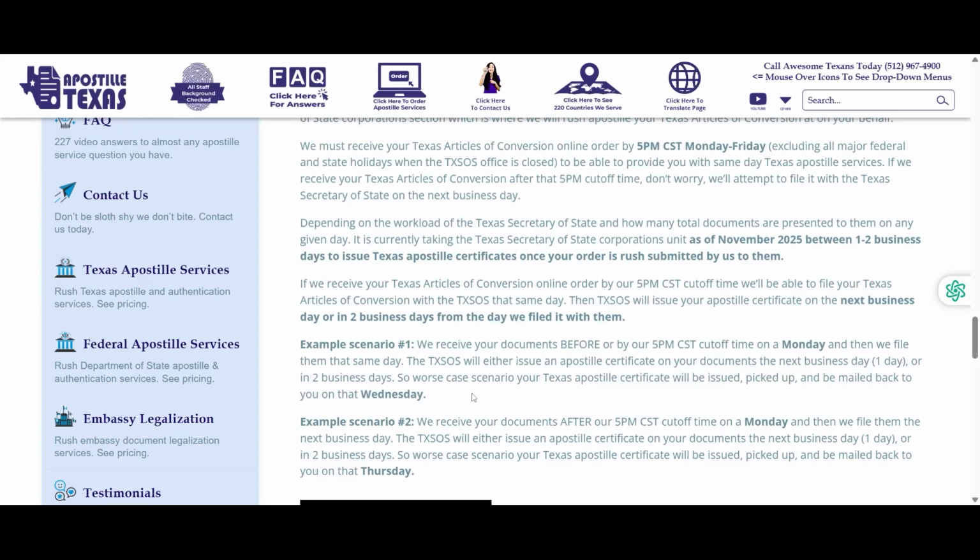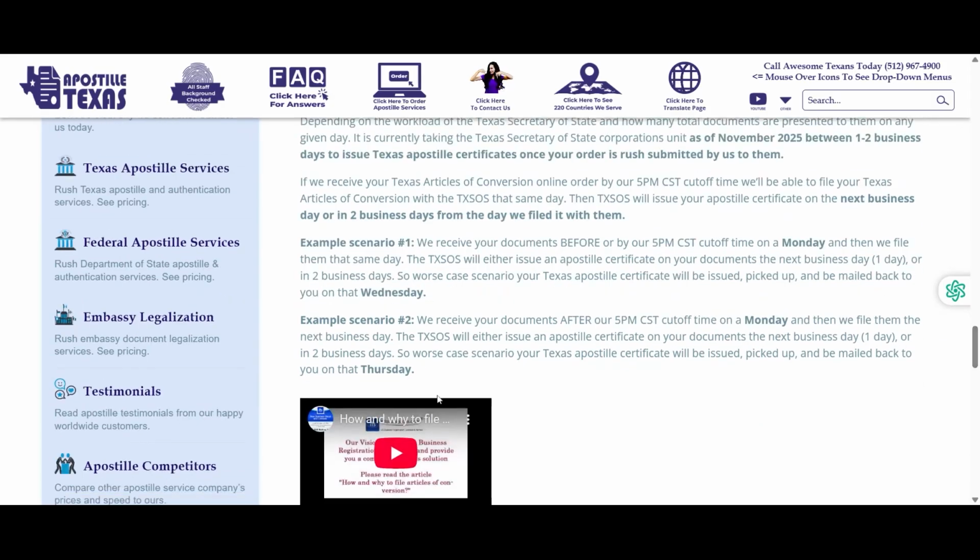So if you file with us on Monday, best case, worst case, if you get it to us by 5 o'clock Central Standard Time, we're going to be able to pick it up and mail it back to you on either Tuesday or Wednesday. And then example number 2, if we receive your documents after our 5 o'clock cutoff time